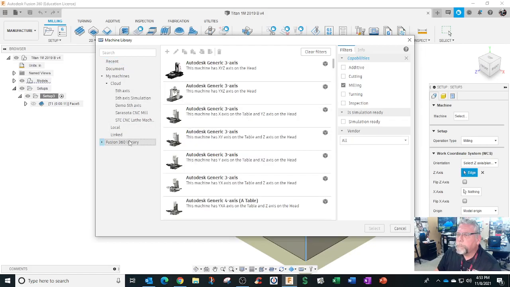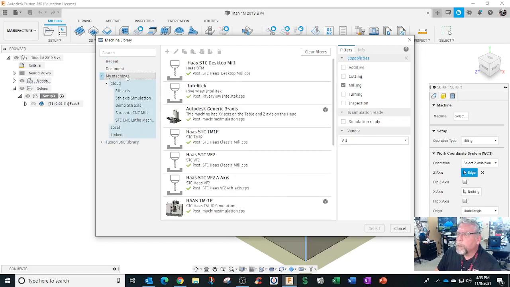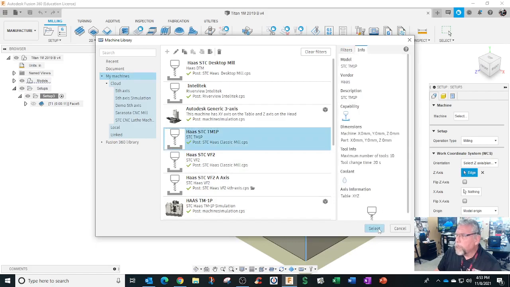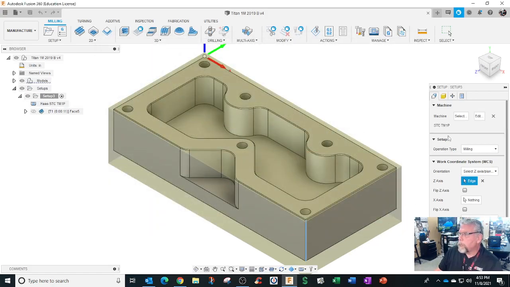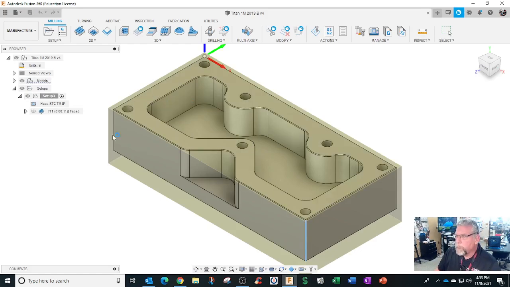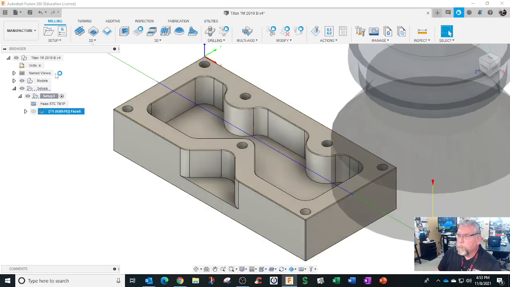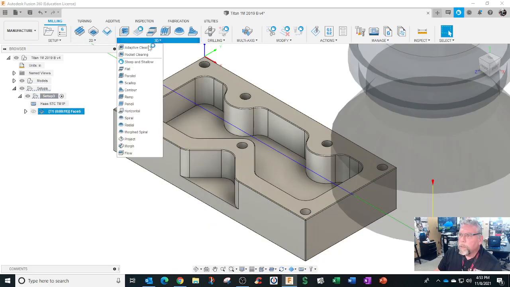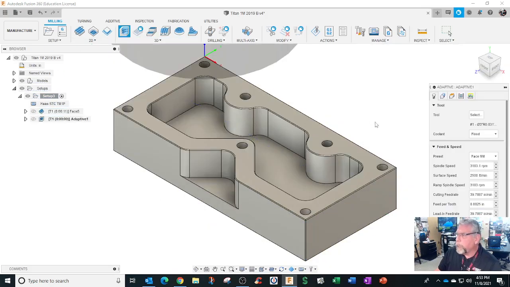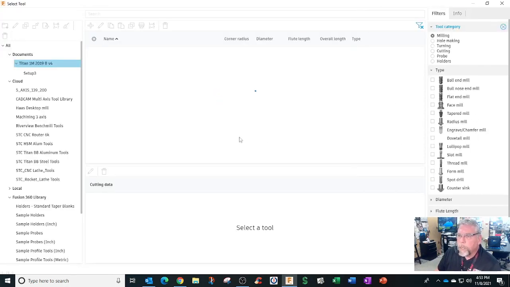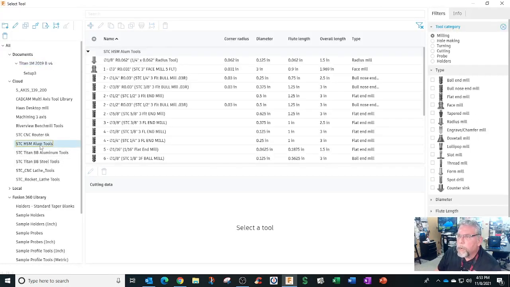Oops, wrong one. TM1, right? Hit select. Now it's already in my list. I do all my setup, do all my program, and I got the face mill, do the adaptive clearing. But I'm not paying attention. I go and use the higher speed